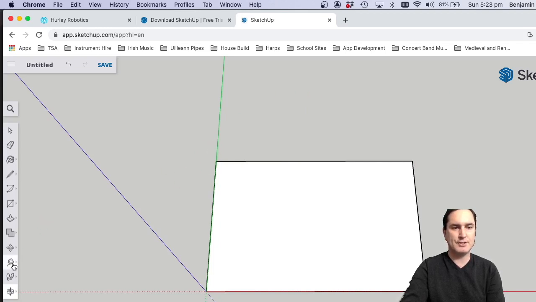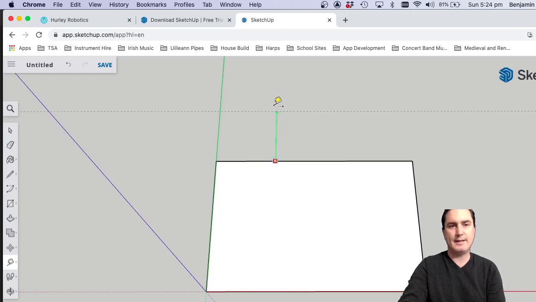I'm going to get my tape measure, and the tape measure can measure things that are already there. So if I click on this point here, see how it snaps, I can measure this side, which is 30 mils. I can measure this side, which is 20. I can measure the diagonal and figure out what that is. It's about 36 mil. Okay, but what you can also do is you can click somewhere around the middle of the line and drag out a